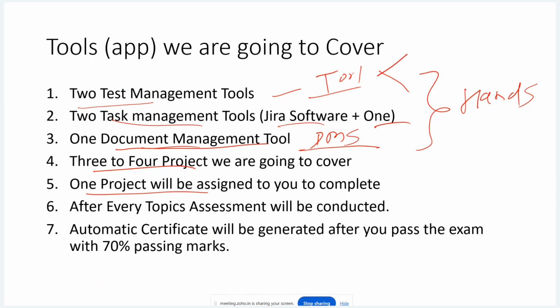Then at the end of every topic we have a topic-wise assessment. Once one topic is covered, like URS is completed, there is an assessment. Validation completed, there is an assessment. And that is a self assessment. You can answer the questions and understand, okay, these are my wrong answers, these are my right answers. The course is designed in such a manner